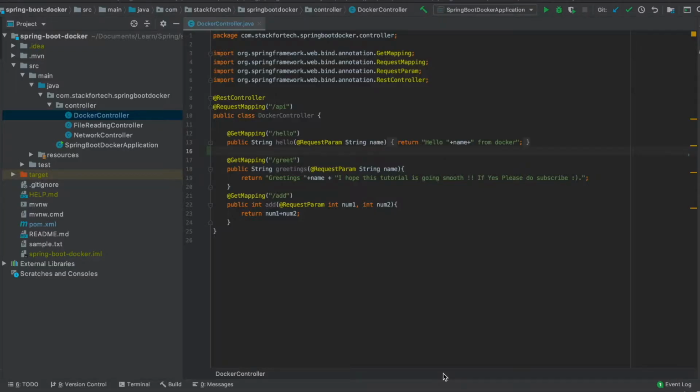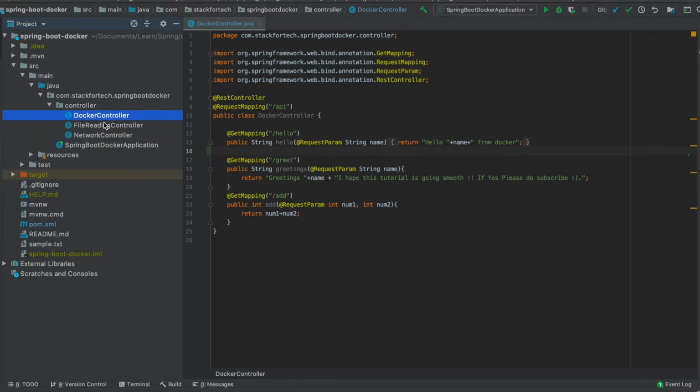Hello all. Today we are going to discuss a basic RESTful Spring application, and we will Dockerize that particular application. Right now, what I have opened is a RESTful Spring Boot application. These are basic controllers which do not have any complicated code, just a basic plain simple route. We have three controllers present here.